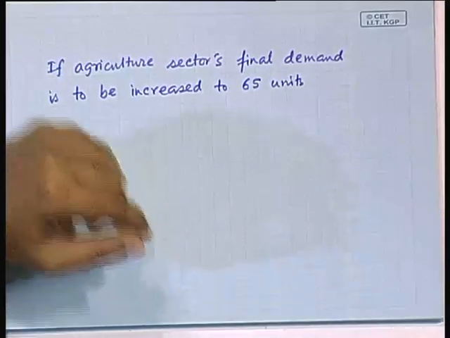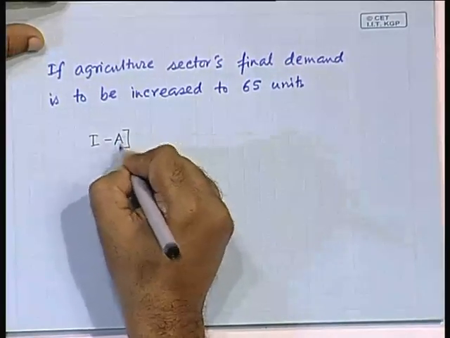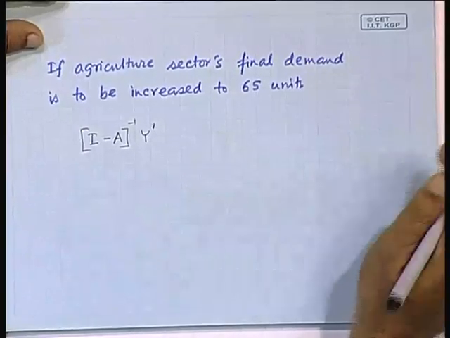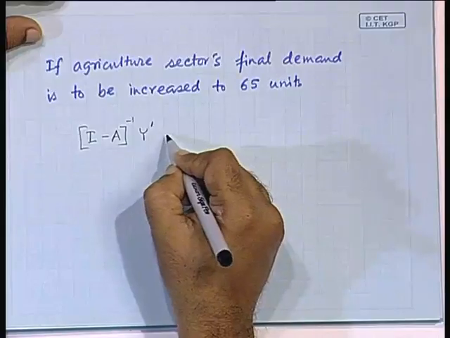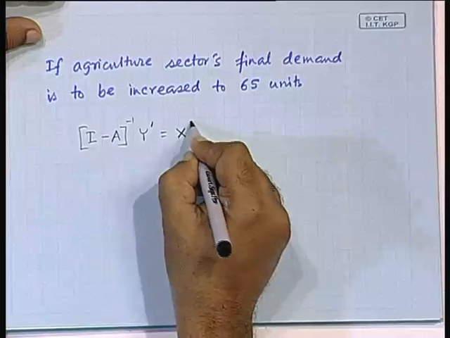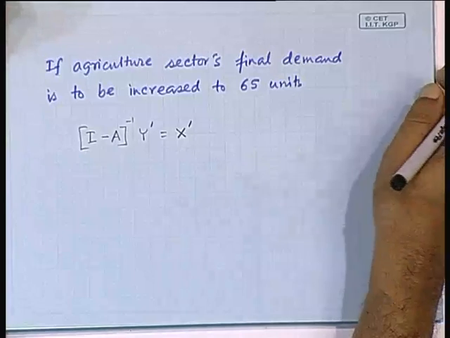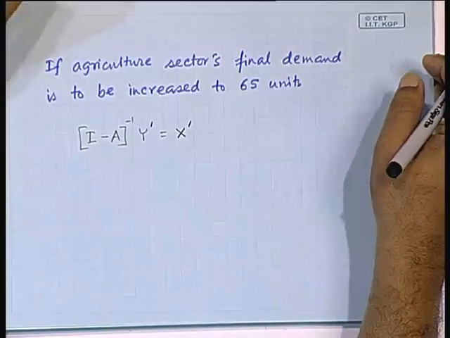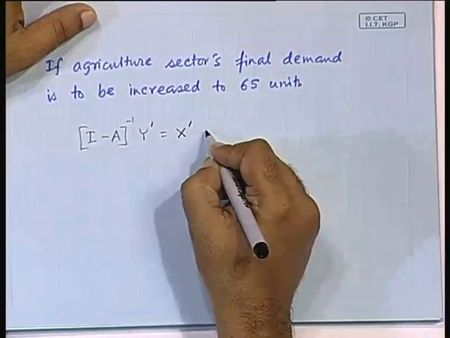You will multiply I minus A inverse times y prime, okay, where y prime is the changed y. Now, if you do that, you get the x prime. Okay. Now, right now I do not have MATLAB installed in this computer that we are using. So, just before coming I calculated this. So, this comes to